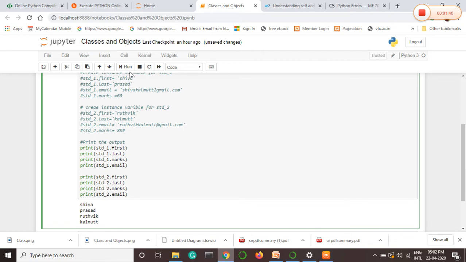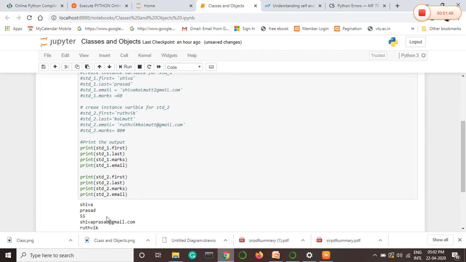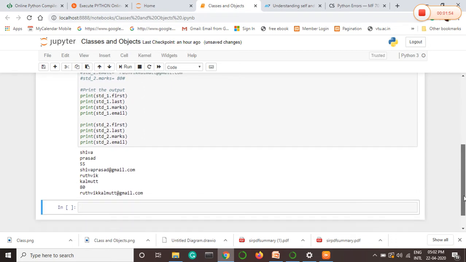When I run this code, it provides the output: Shivaprasad 55 shivaprasad@gmail.com, Rutvik Kalmat 80 rutvikkalmat@gmail.com. It prints the output here.